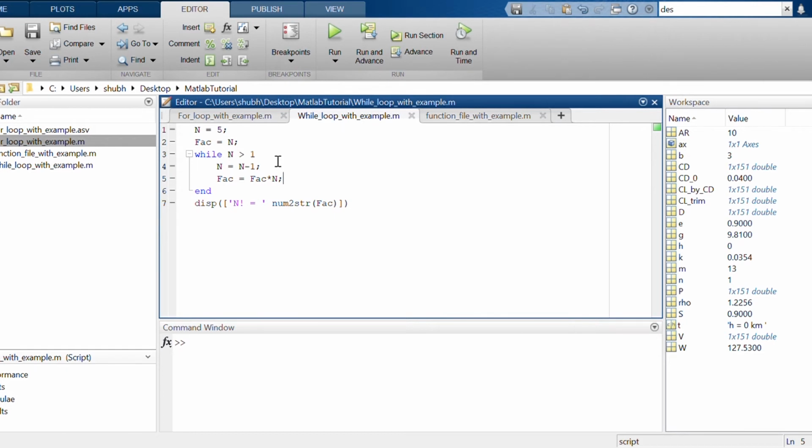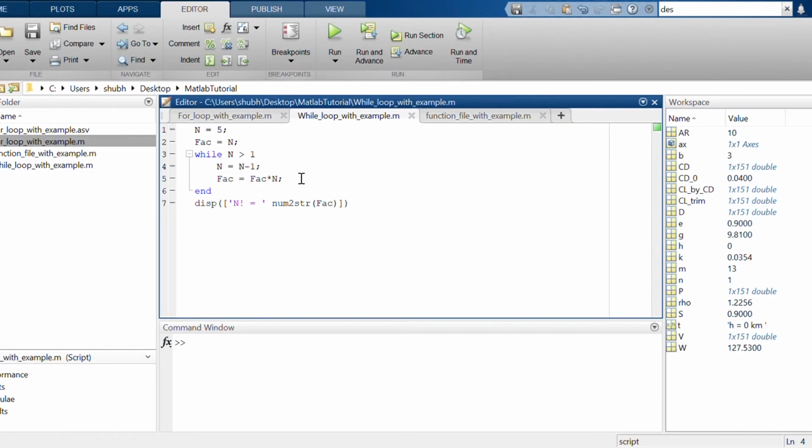That is why we specified that our next number will be n equal to n minus 1, and factorial will be fact multiplied by n, like 5 into 4 if there are two numbers. So if n is 5, then our factorial will be 5 into 4, where 4 comes from n minus 1.